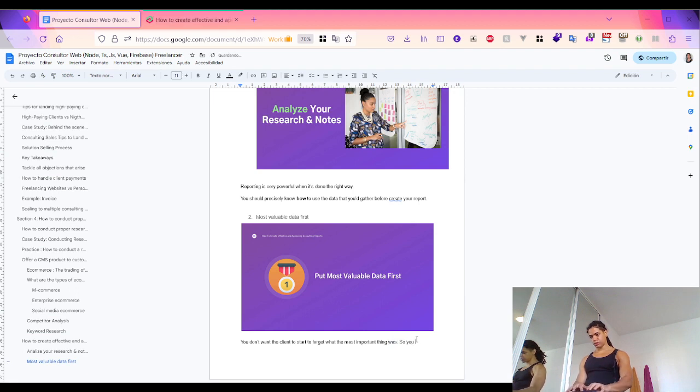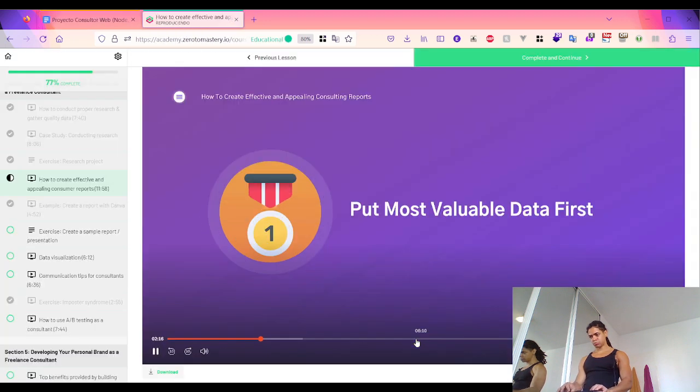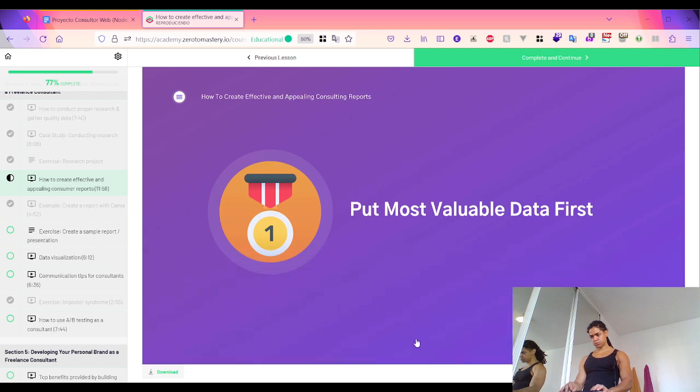So you need to put the most impactful data first, so that they understand what the report is really revolving around. You need to make sure you put the most impactful data first so your audience can make sure